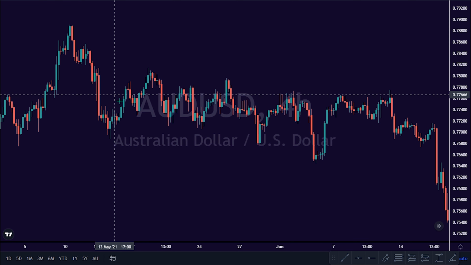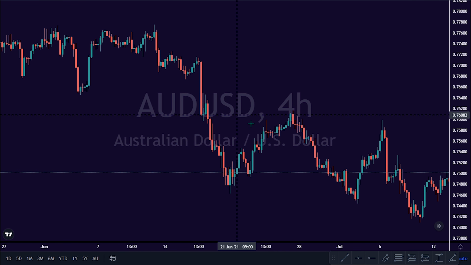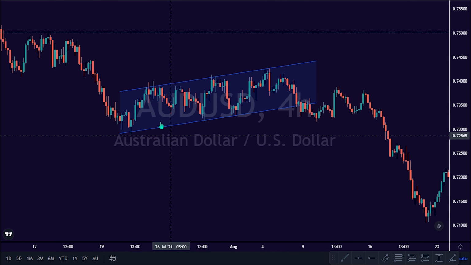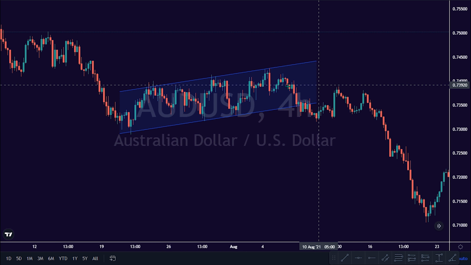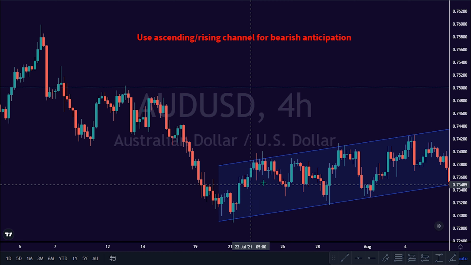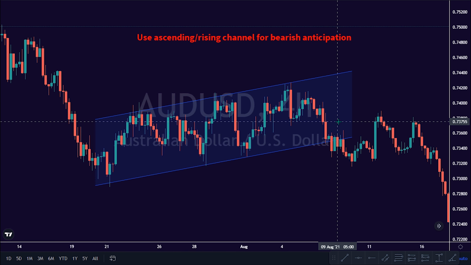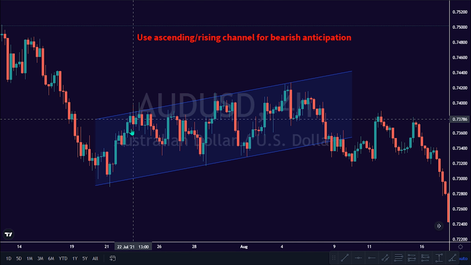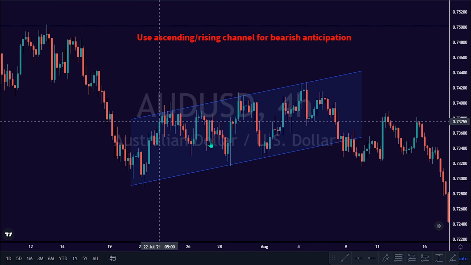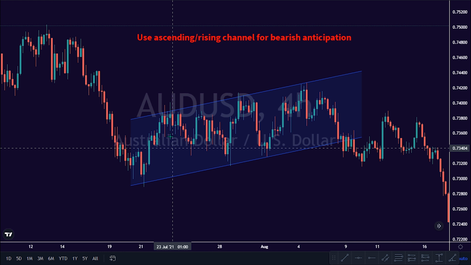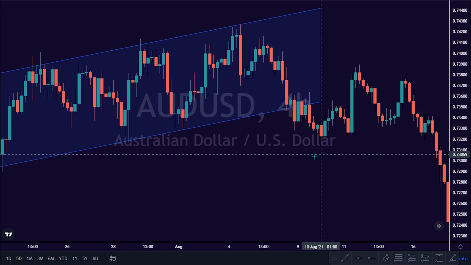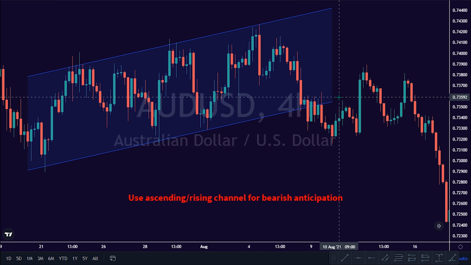How can we use channels for the continuation of a bearish trend? To apply the channel long-term pattern for the continuation of a bearish trend, we need to make use of the ascending channel. Also, we need to ensure the market is liquid and in a trending bearish phase. Here's an example of an ascending channel in a bearish trend. As we can see, the trend was in a bearish rally. There was a formation of an ascending channel here. Price broke out to the downside here,